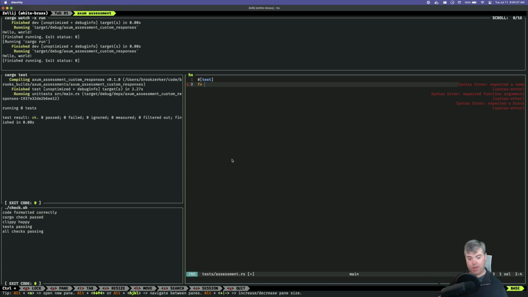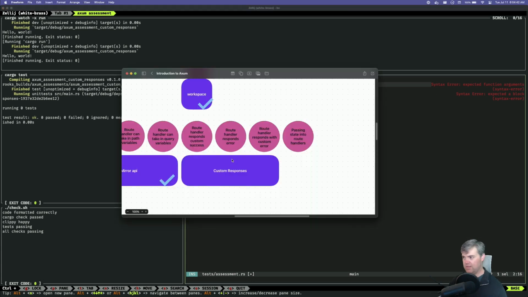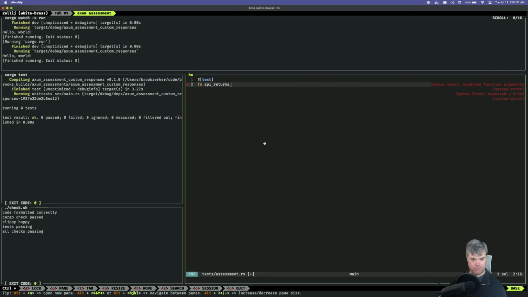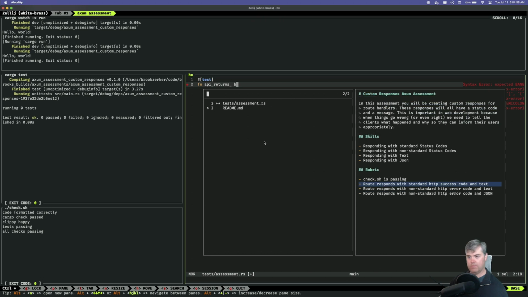We probably want 3 of them here. So this is API returns custom success, error with that. Standard HTTP success code and text.